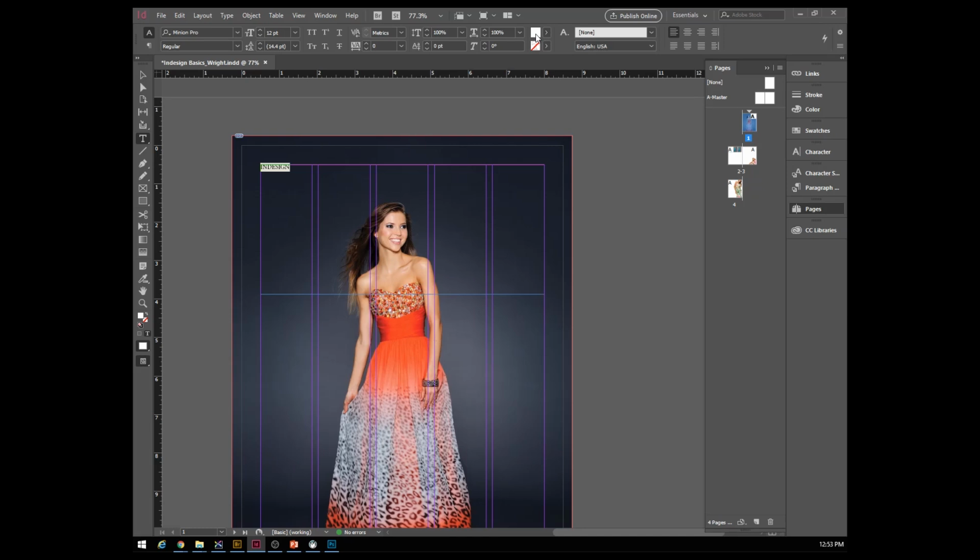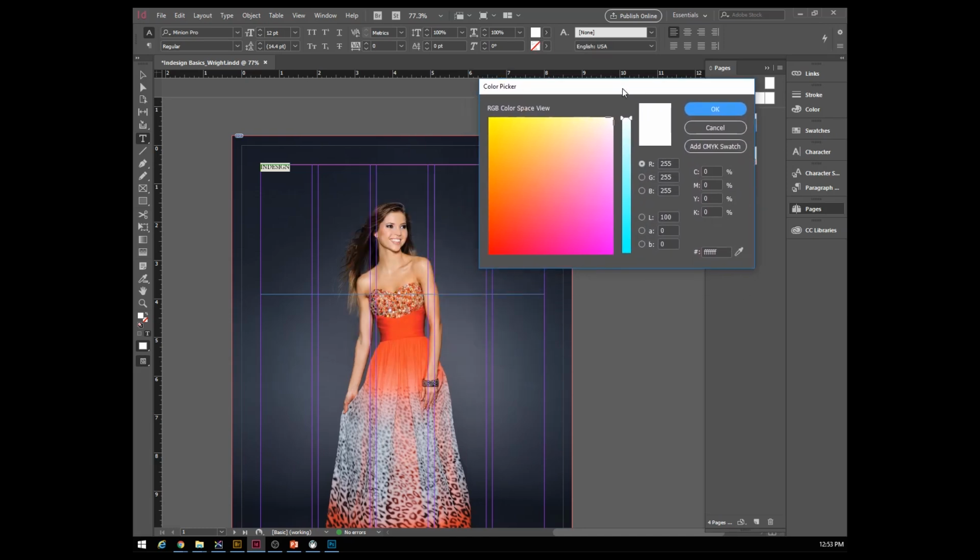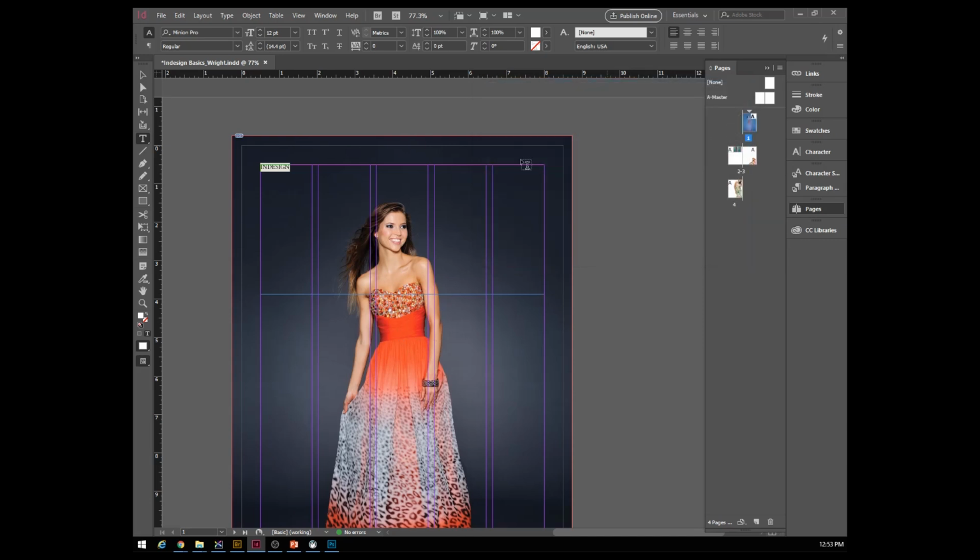Or I can simply double click on this box and it will bring up my traditional color picker that I can pick any color that I want. Maybe I want to go something in the tone of her dress. Well, how could I do that? How could I select that color and save it? Well, what I'm going to need to do is use the swatch panel over here. So if I go to my swatches,